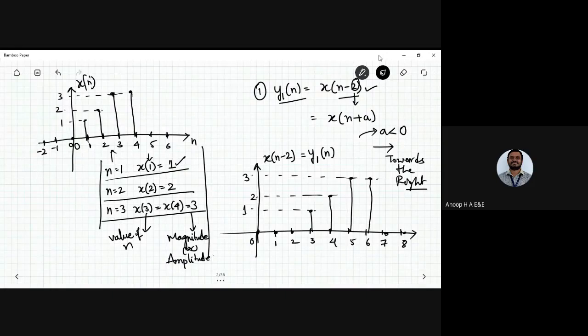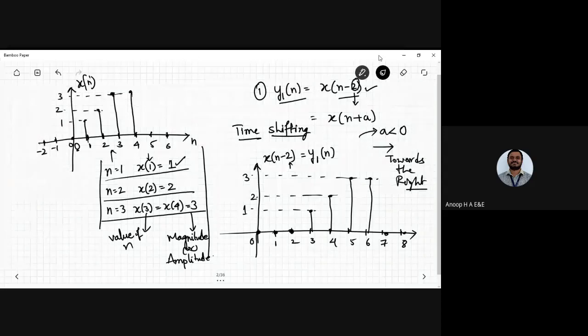What I do here, I apply the time shifting property. Is it clear to you? Time shifting. Now, how do I do this time shifting? Whatever the values of n were there, I need to move them towards the right by 2 units. For example, when it is at 0, I need to move it 2 units. So 1, 2. Okay. What was the value at 0? This was 0 again. At 2, it is 0.